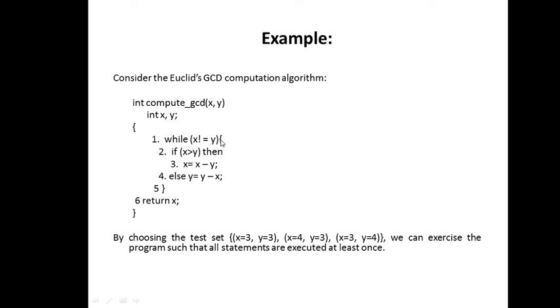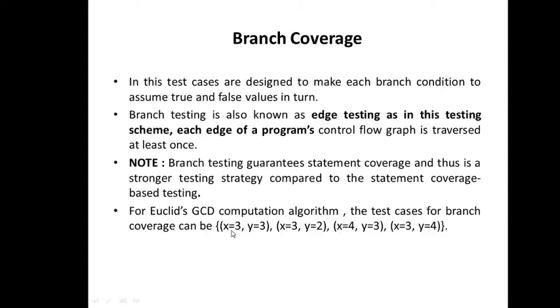So one test case will be for true, another test case will be for a false value. Another branch condition is an if else. So true and false. So 4 test cases are required. See, for the while loop I have taken 2 equal values and 2 unequal values. If it is satisfied, equal. If the condition is not satisfied, unequal values. Then these two test cases are for the if. One case is x is greater, while another case is y is greater.